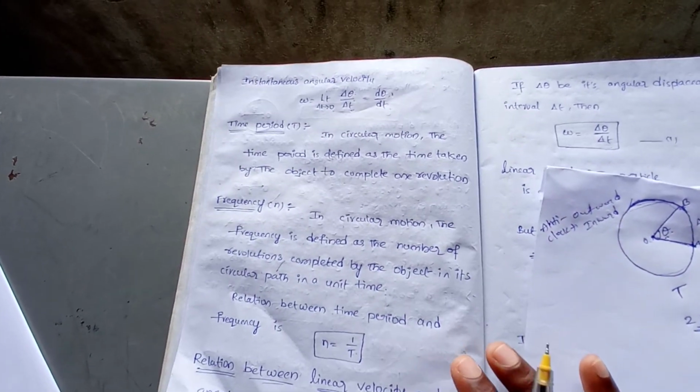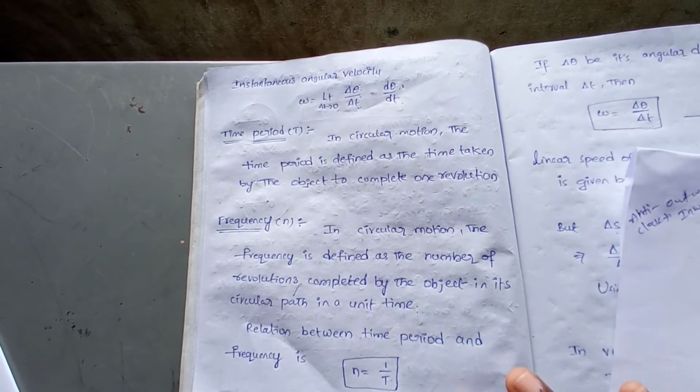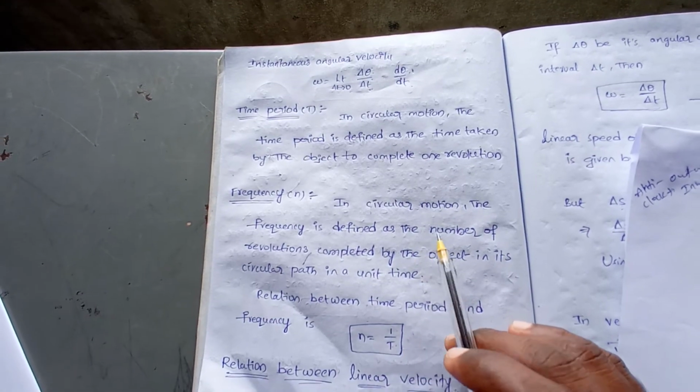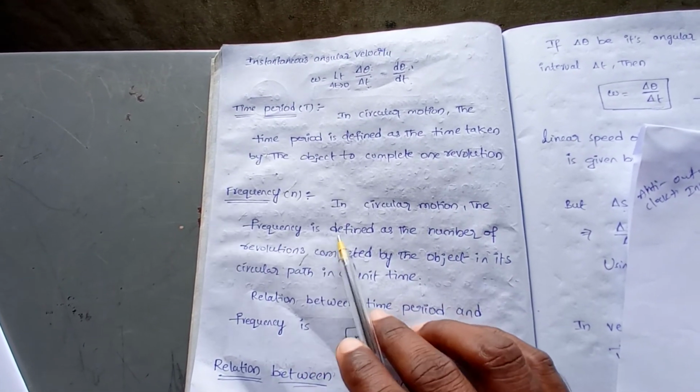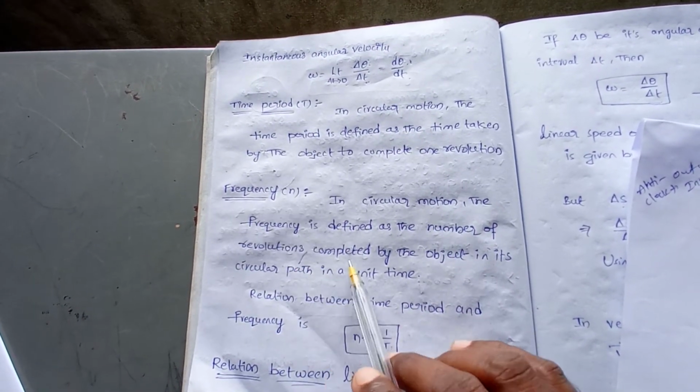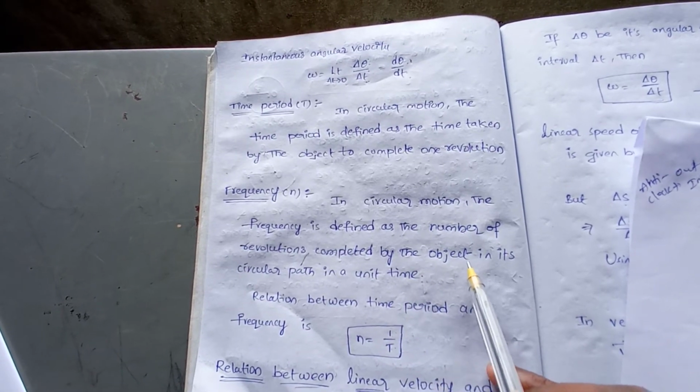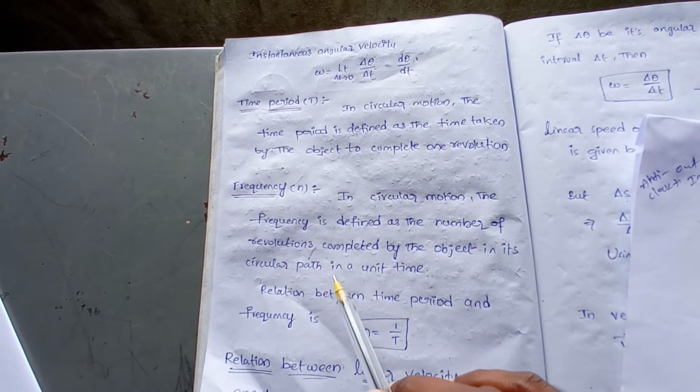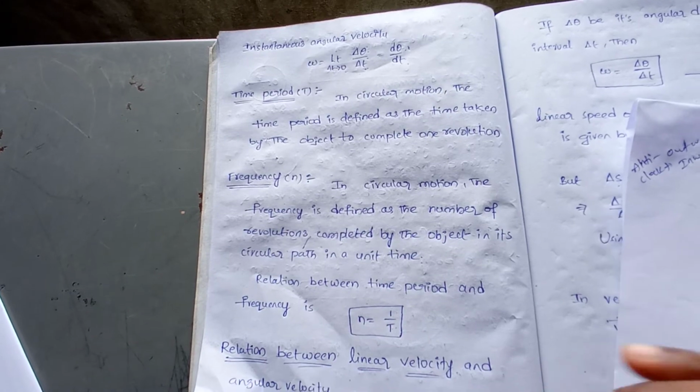So what is the frequency? Frequency means, in circular motion the frequency is defined as the number of revolutions completed by the object in its circular path in a unit time. That means,